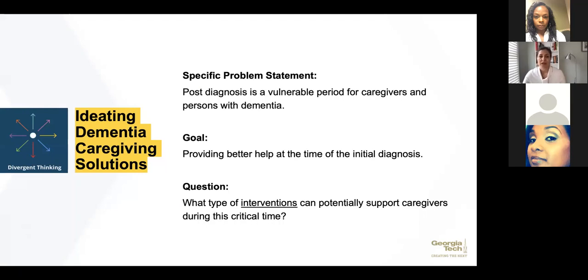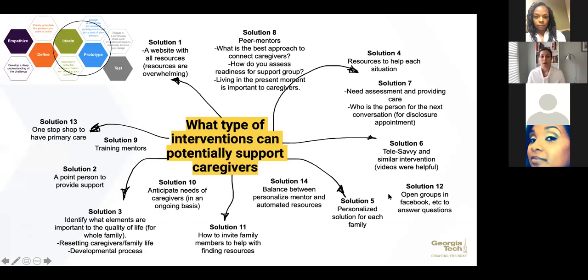And so the question that we asked for the next step was, what type of intervention can potentially support caregivers during this critical time? Again, we started with divergent thinking. The idea is to, without any judgment, just come up with as many interventions as possible. So what are the solutions to this central problem? And of course, caregivers were, throughout this process, the key people, I would say, to help with defining the problem, the solution, everything. So they helped us to come up with 14 different intervention solutions that can be addressed in the future through the integrated clinic or other